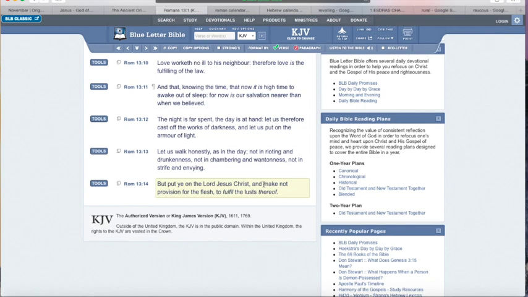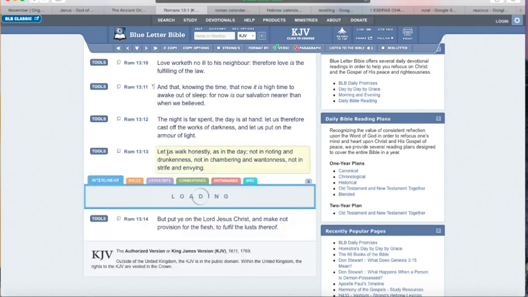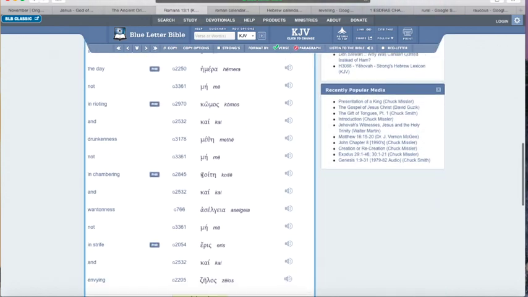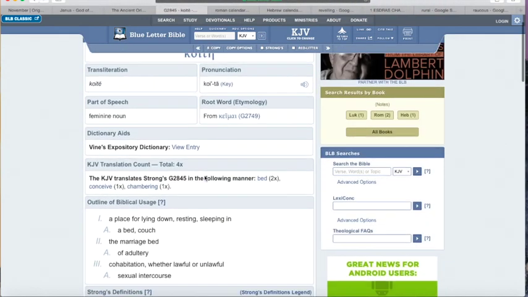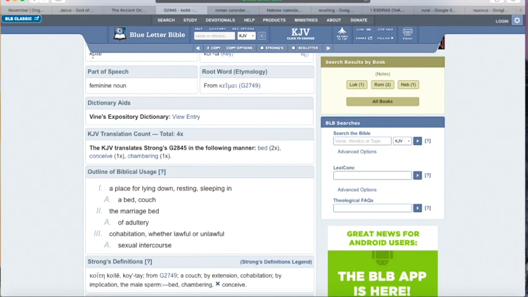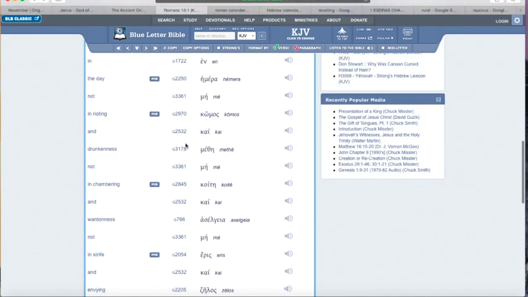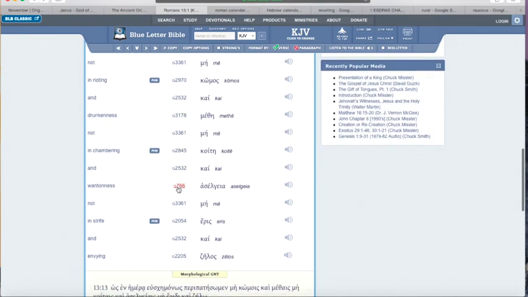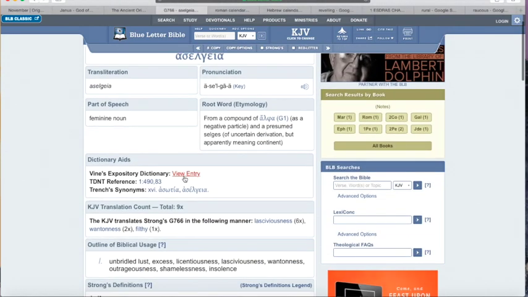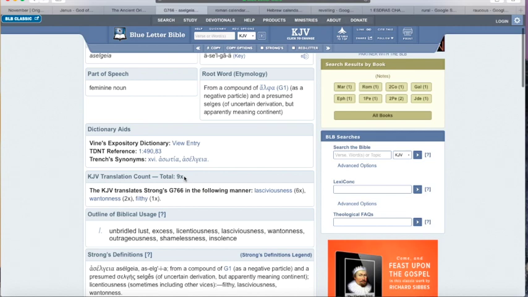Christmas, New Year's, y'all be the same ones talking about Jesus is the reason for the season, but you drunkenness, and matter of fact, chambering is like sexual intercourse, like I said, all type of freaks, going down, the freaks come out at night. And y'all could look this up on your own as well. Unbridled lust, all of this has to do with lust and sexual matters and things like that.